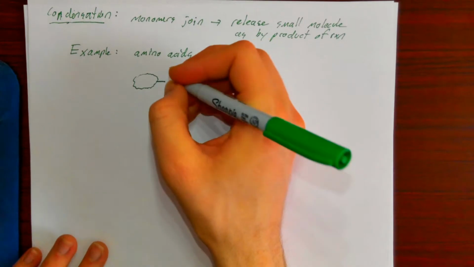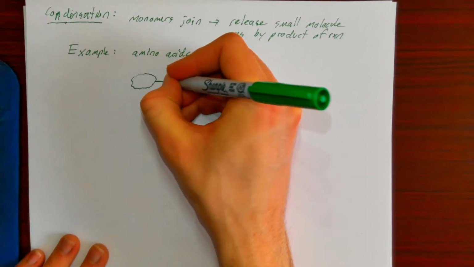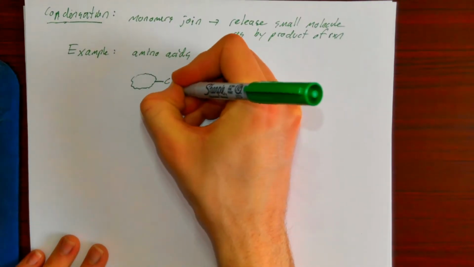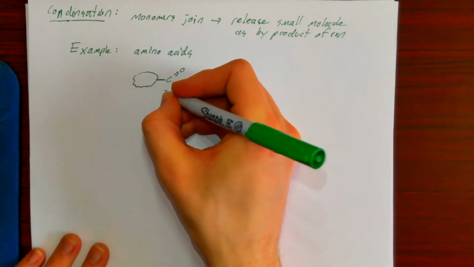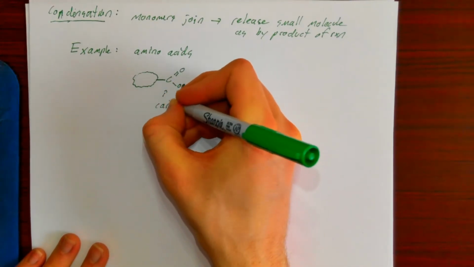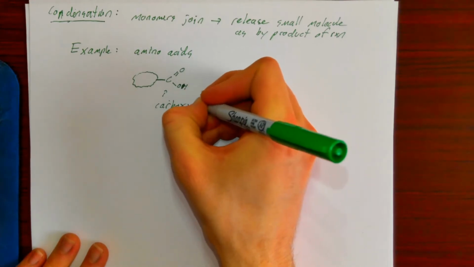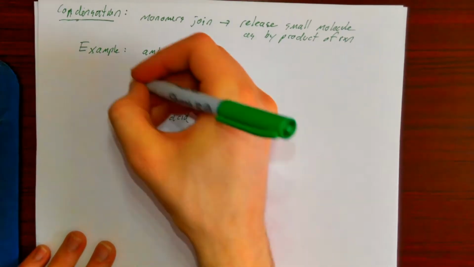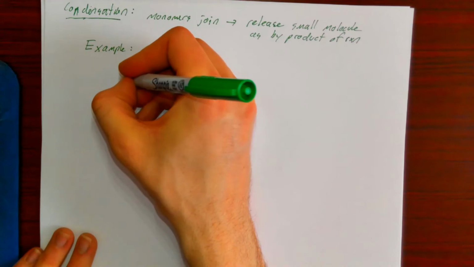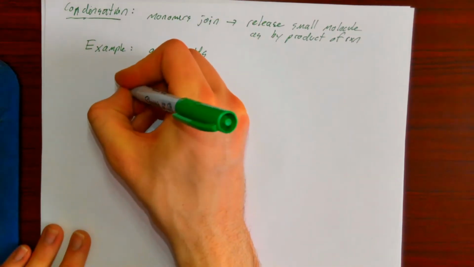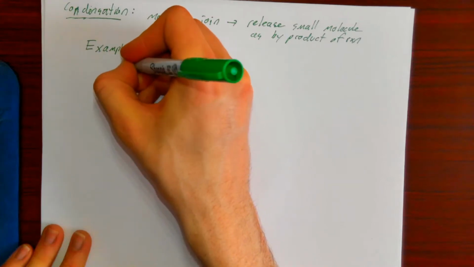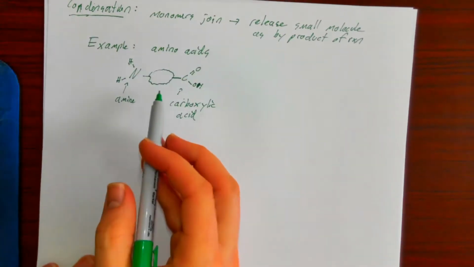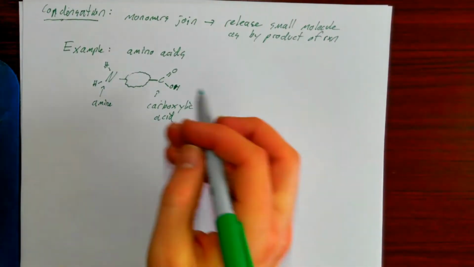basically there's some sort of central part of the molecule. And on one side of the amino acid is a carboxylic acid group, which is COOH. So this is what we call a carboxylic acid. And then on the other side of an amino acid is what we call an amine group. So it's an NH2,